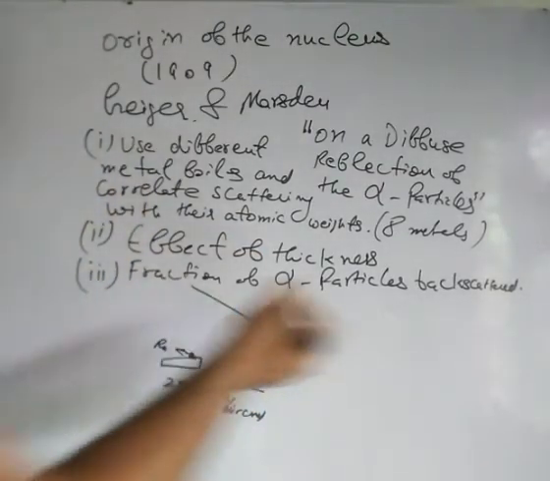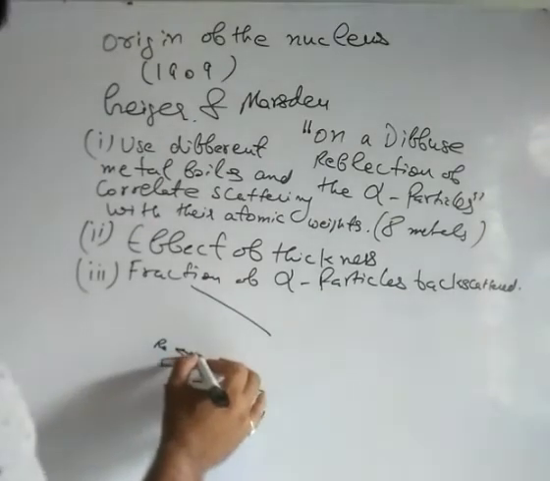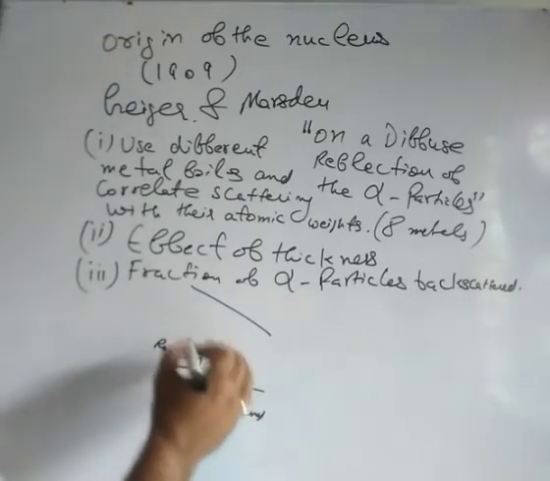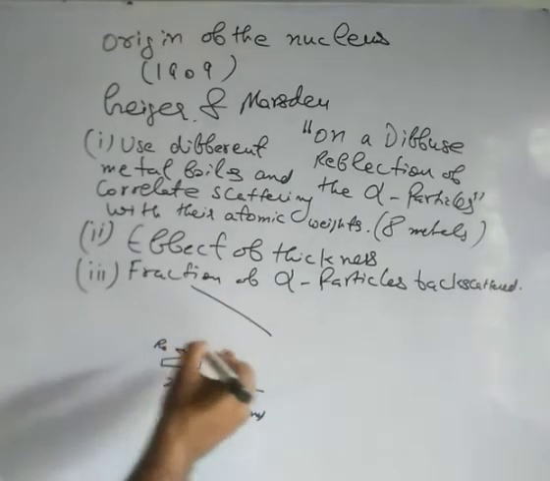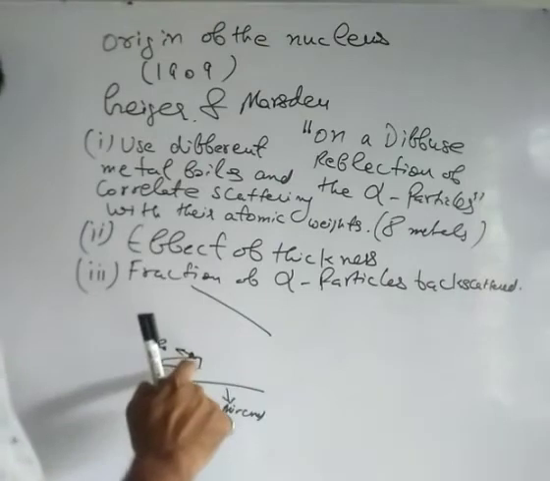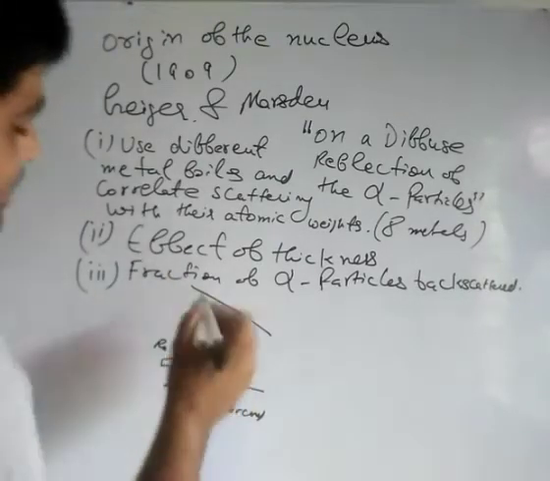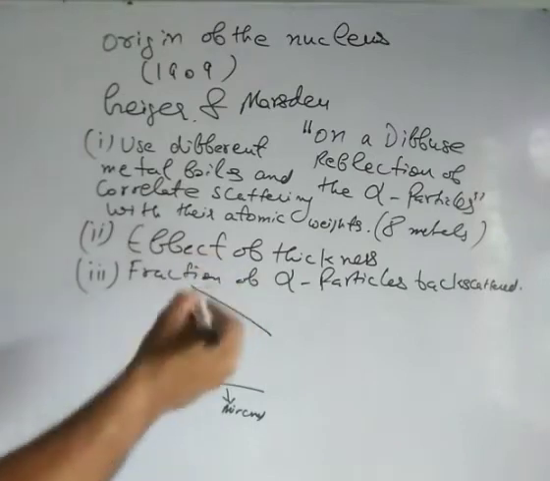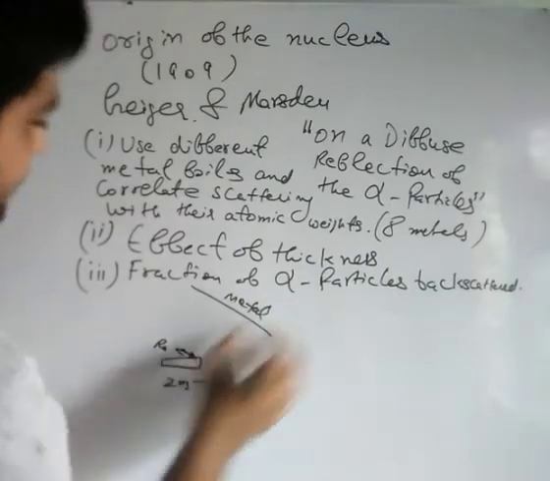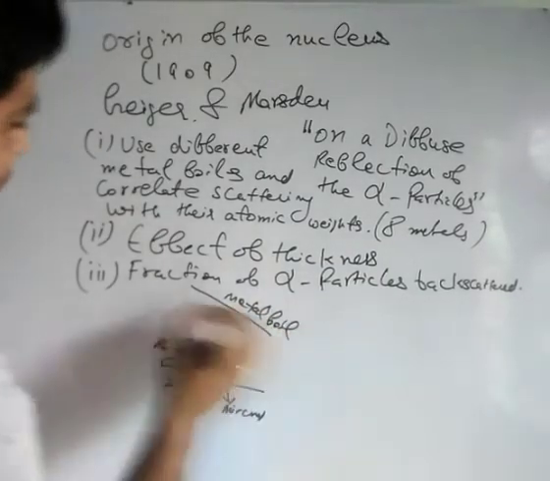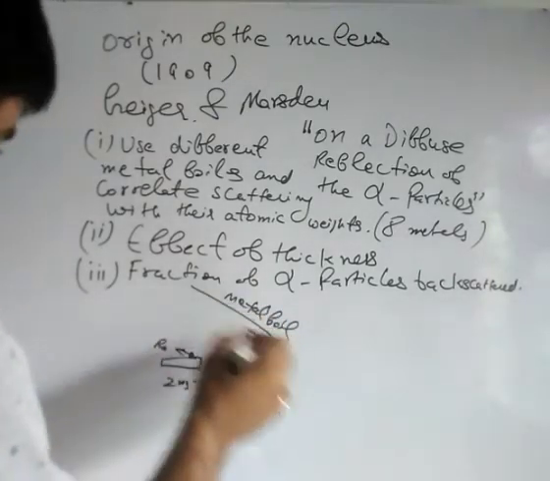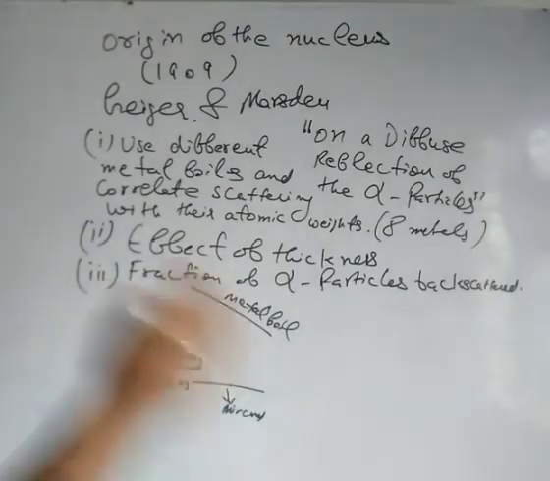Now how will you calculate the number of alpha particles backscattered? Suppose this is a point radioactive source. You can measure the weight of this radioactive source, it may be in milligrams or grams. If you know the weight of this radioactive source, then from its activity you can find out how many alpha particles it will emit per unit time. Then from the geometry of this metal foil, on which the alpha particles have to be incident, you will find how many alpha particles will be incident on this metal foil per unit time.